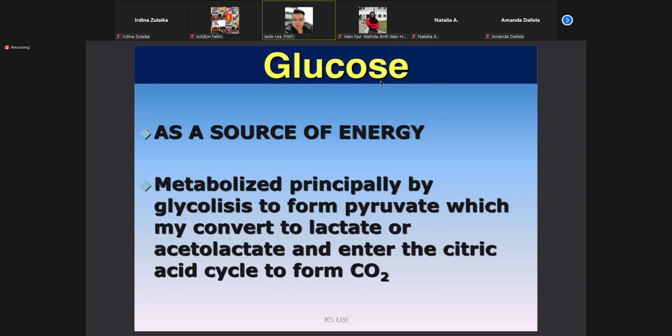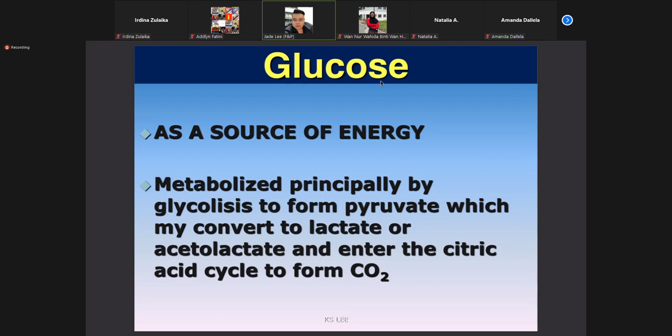And glucose, of course, is very important, because glucose is the food for the animal cell, especially as the carbon source, the source of energy. They metabolize it principally by glycolysis to form pyruvate, which will be converted into lactate and also acetyl-CoA and enter the citric acid cycle to form carbon dioxide. Remember that glucose, which is C6H12O6, when hydrolyzed, will become